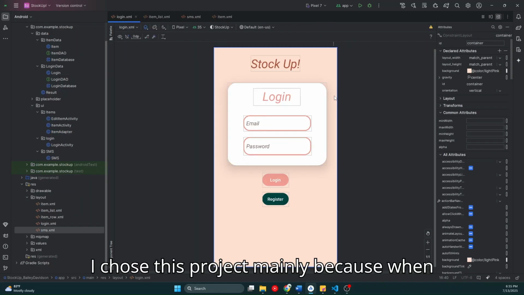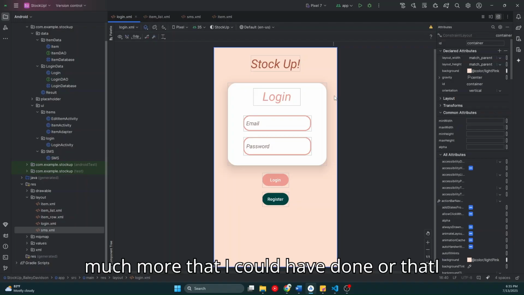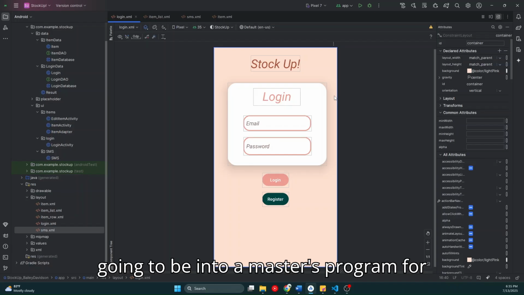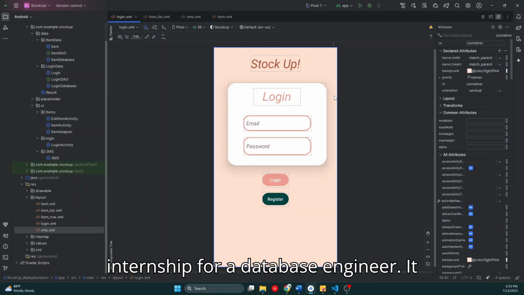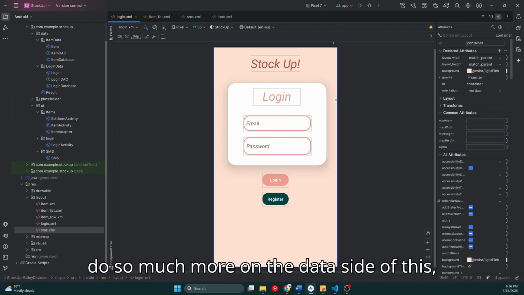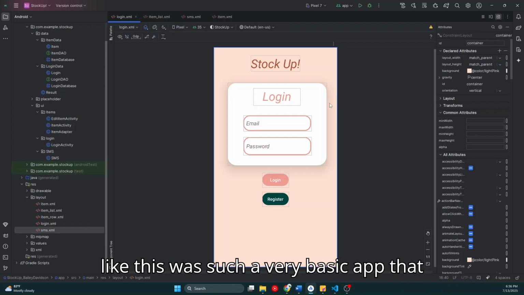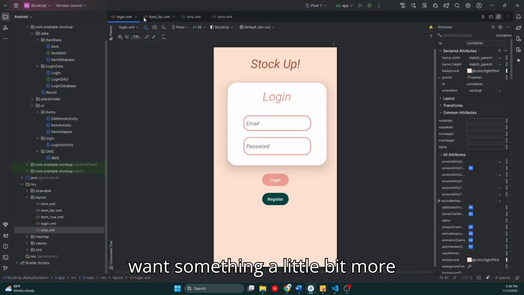I chose this project mainly because when I finished it, I felt like there was so much more that I could have done or that I wanted to do. As someone who's going into a master's program for data science, and right now doing an internship as a database engineer, it was just common sense that I could do so much more on the data side of this, especially for inventory. I also felt like this was such a very basic app that if I were to have a client, I would want something a little bit more